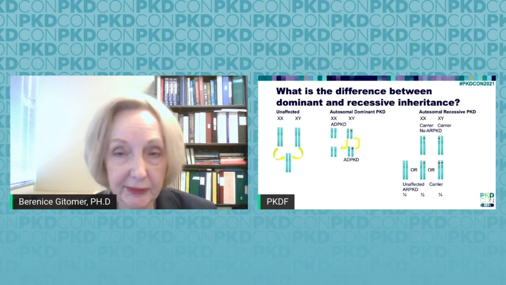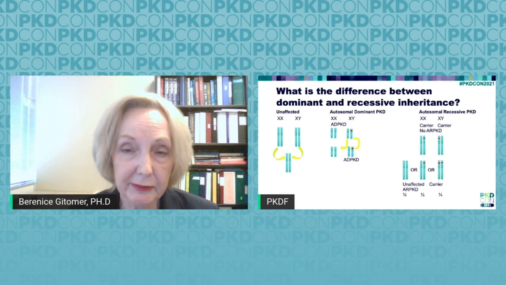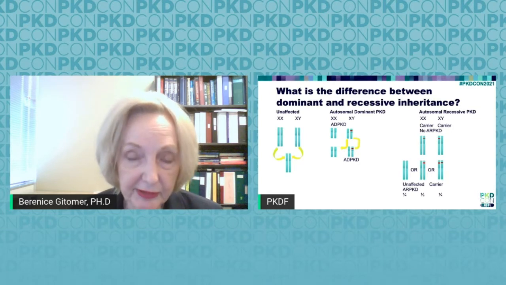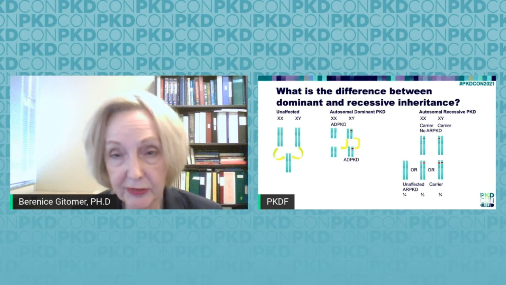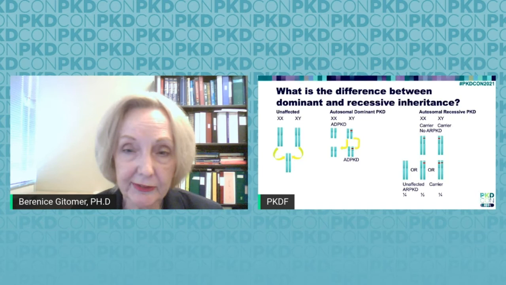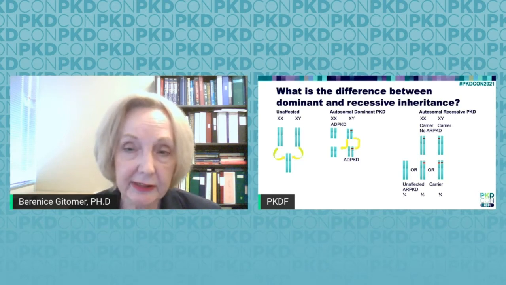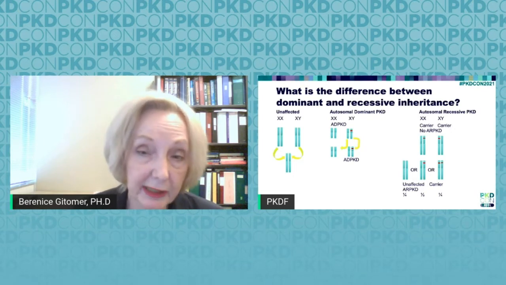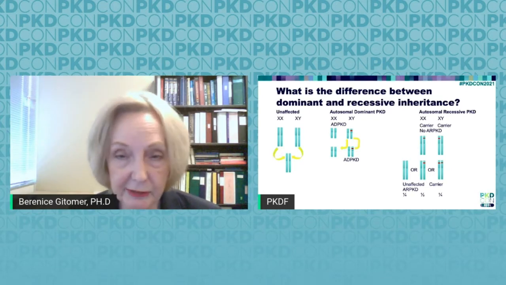However, the situation is different in ARPKD. In ARPKD, both of the parents must carry one copy of the gene mutation. However, inheritance of both of these mutated genes is necessary for disease to develop. So in the carrier status, the parents are usually totally symptom-free. And in this case, the parents can either pass their copy of the chromosome without the mutation, and a child that inherits the two copies, one from the father, one from the mother with no